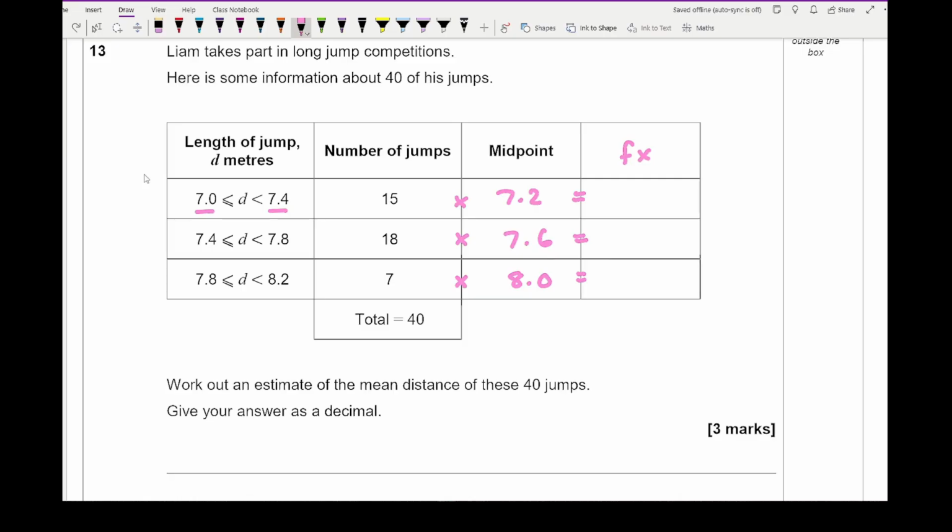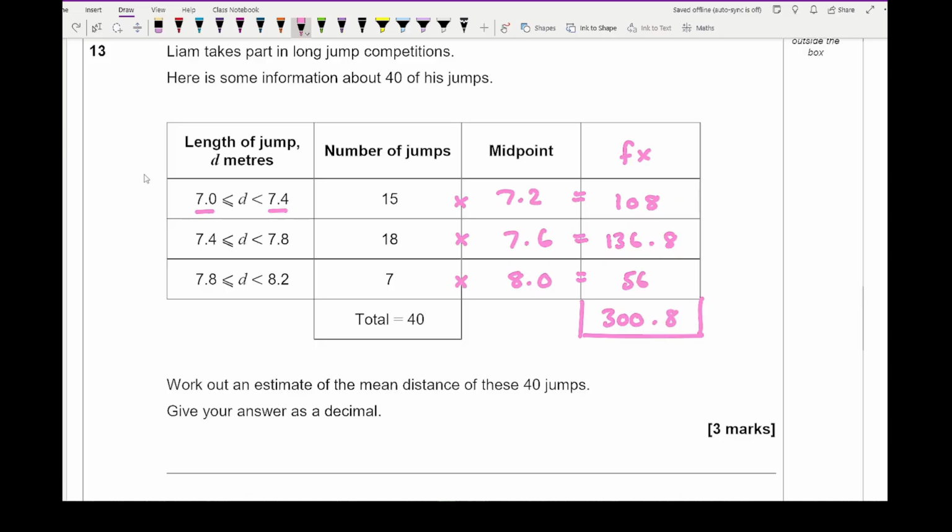I get 108 for the first one, 18 times 7.6, which is 136.8, and then finally 7 times 8, which is 56. And then I need to do my total fx, which is the total sum of the fx column. So 108 plus 136.8 plus 56 gives me a total of